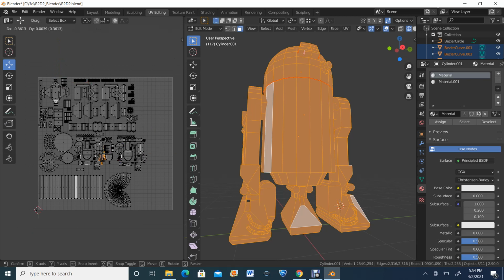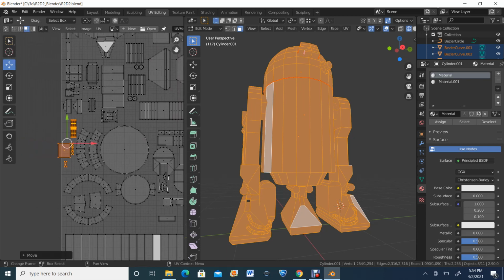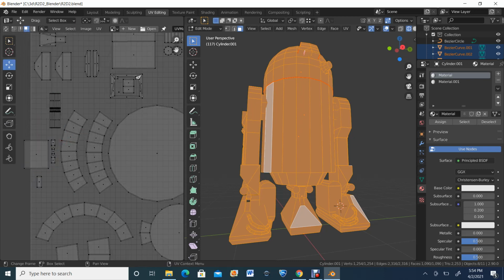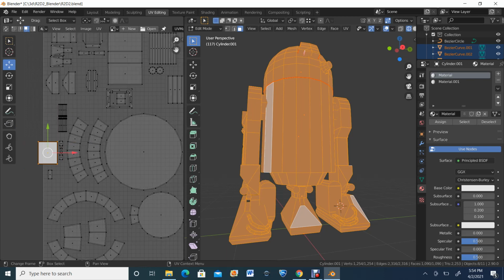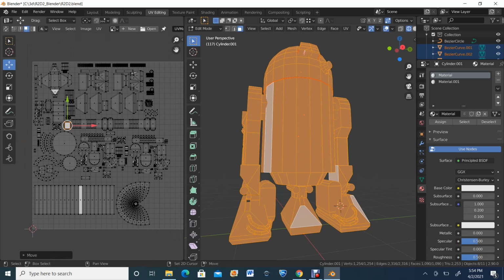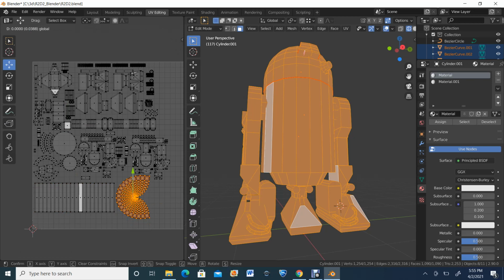Take this element, move it to the side here. This to here. This one, move it up, take this one, move it up,